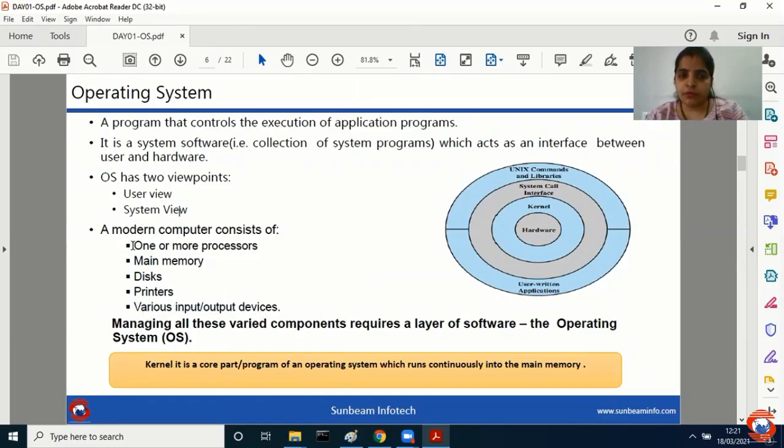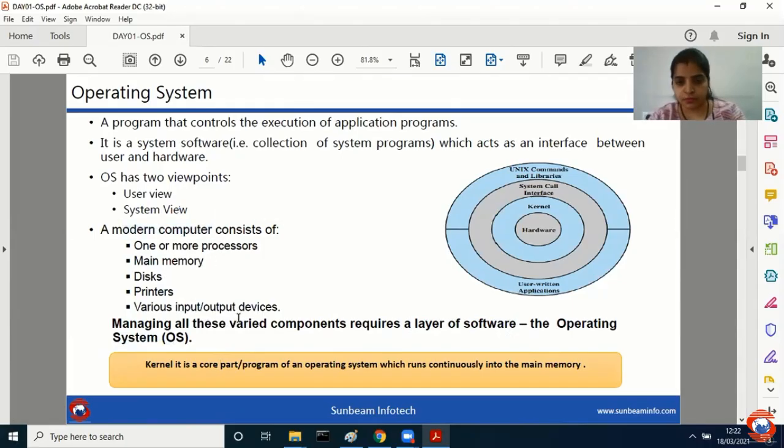Next, if I wish to perform or manage all these things together, आप फाइल को सेव करते हो, you save that file in your hard disk, maybe in C drive, D drive. You maybe try to perform some read-write operation. You try to perform the operations on the different processors and so on. You try to link between input and output devices. So you are performing different operations on the hardware. And when you are trying to manage all these varied components together, they are called as layer of software. And that is nothing but OS. So what is OS? It manages all your computer parts together.